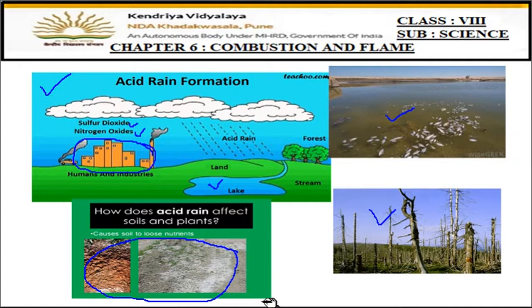So you have learned about different types of fuels, fuel efficiency, then how to stop the fire. Okay, all this is studied in the chapter, and at last harmful effects of burning the fuels. That is the very important portion. So you have to learn all the effects: greenhouse effect, global warming, melting of the ice, floods. Okay, and harmful gases are released which can even cause death, asthma, respiratory problems, right? So remember all these points.